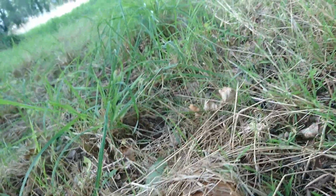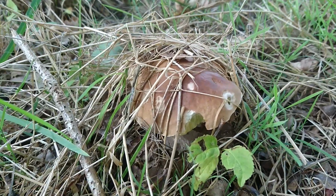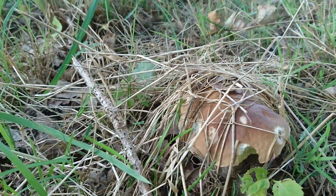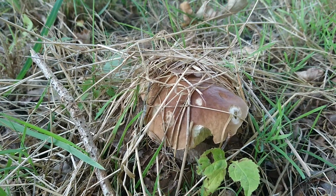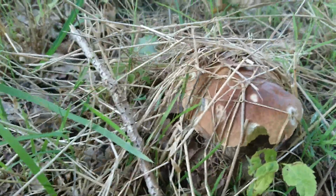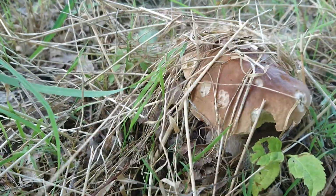So this is an edible mushroom. This is like the one that I found the other day. If you check back up on the previous video, it's Boletus Edulis, or Cep de Bordeaux, Cep porcini mushroom, commonly known in the UK as the penny bun. And if I can just show you why it's called a penny bun,